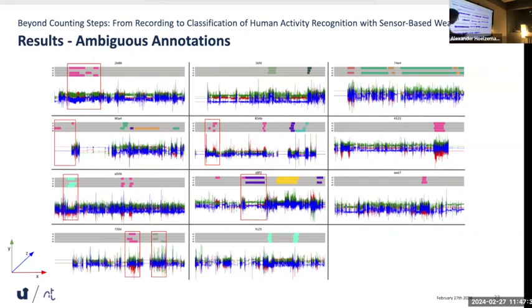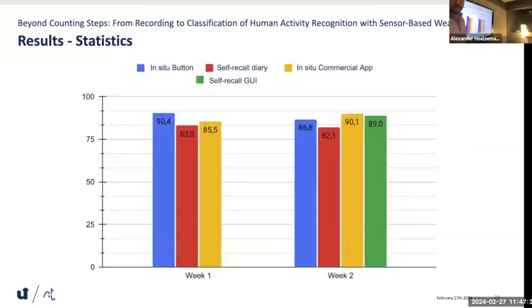Basically this. They only saw their signal, their sensor data. So we use these annotations then to train a deep learning classifier. And we can see that the in situ methods, blue and yellow, had better results than the pure self-recall. So this means basically that for the deep learning classifier, it was more important to have less annotations, because